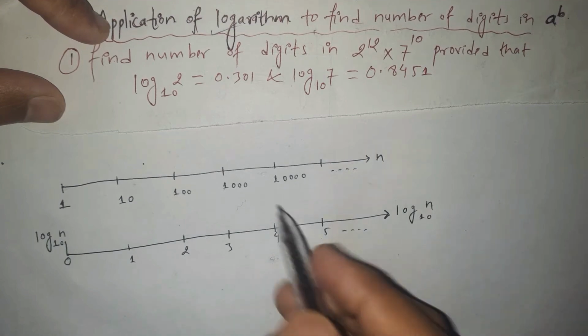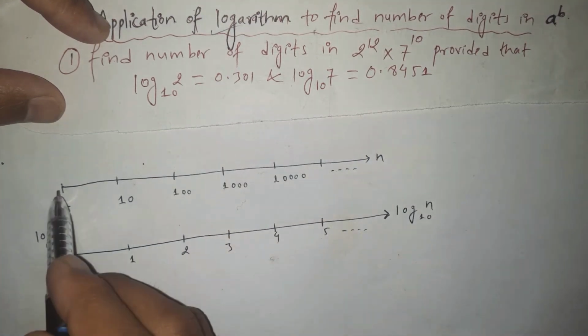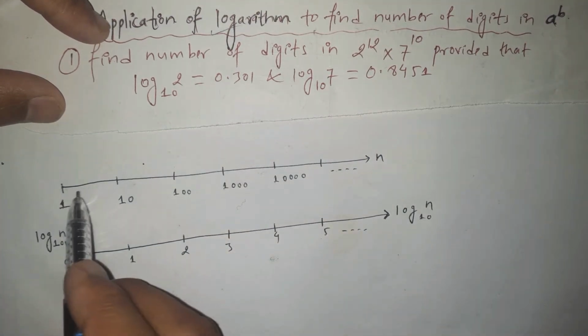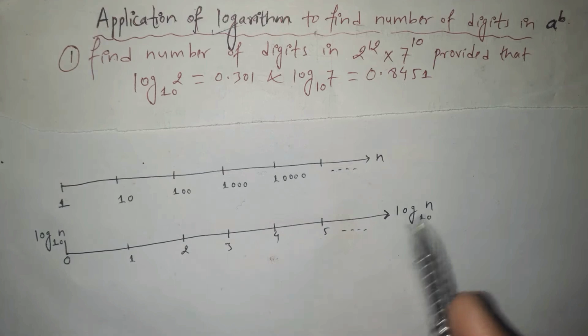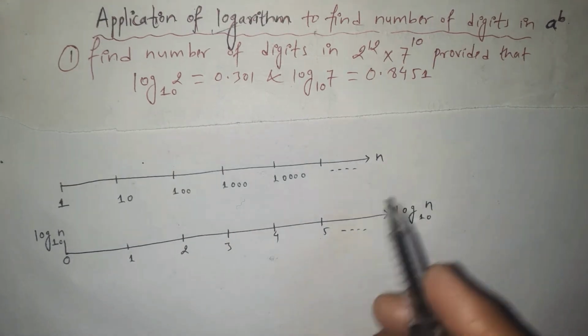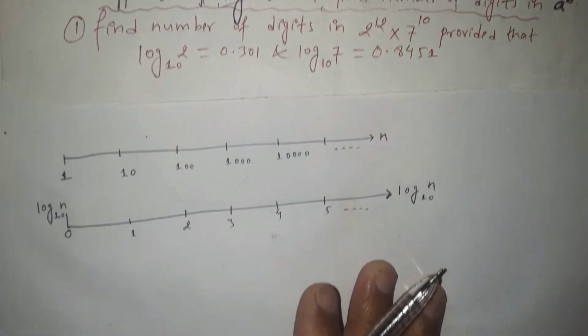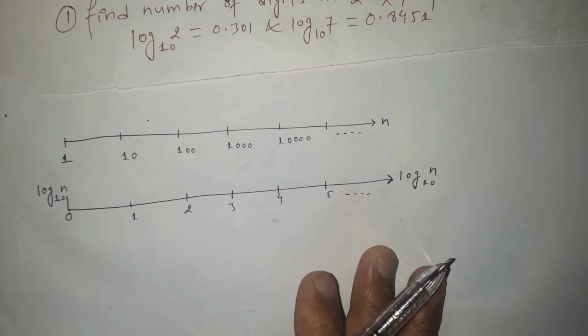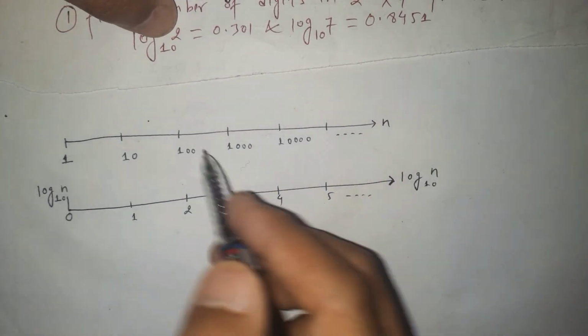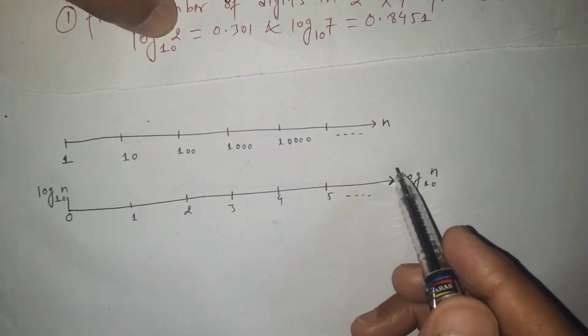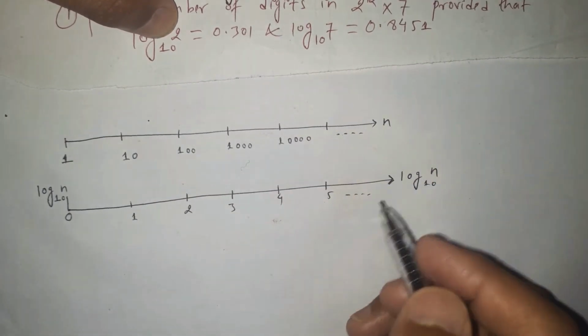Here we first make the scale on the power of 10, and then on the next scale we take the logarithm with base 10 of that previous scale. And here we form the two scales. One is the logarithmic scale, and the other one is the power of 10 scale. This is in the power of 10.